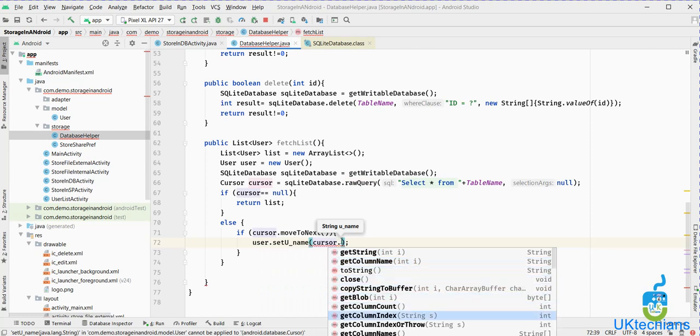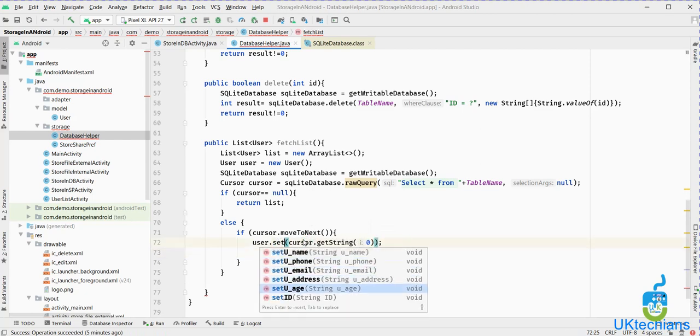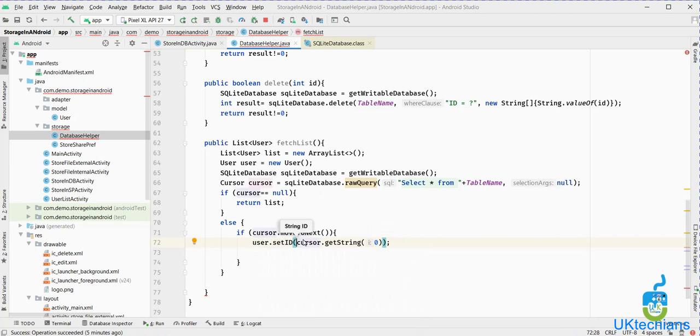So we are using here the get string, right? So let's say string, the first column is of ID, right? Then the first column is set user ID, right?